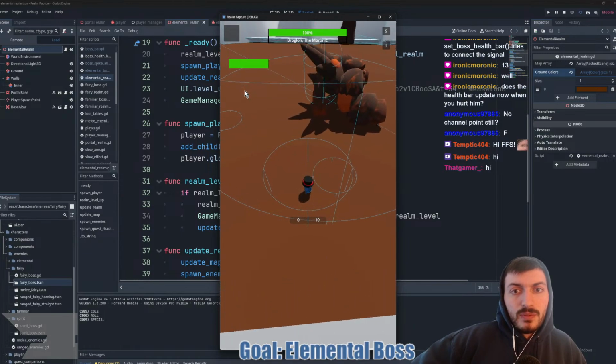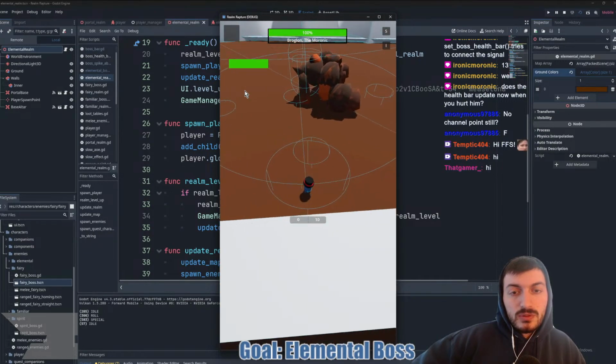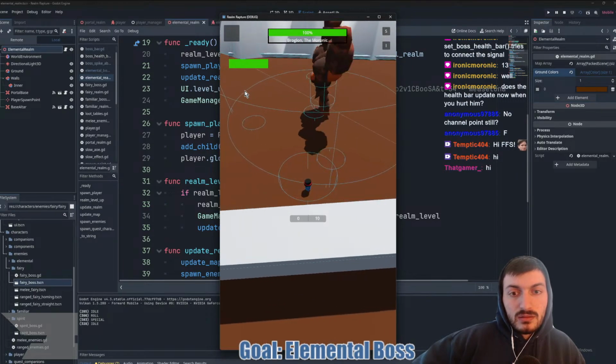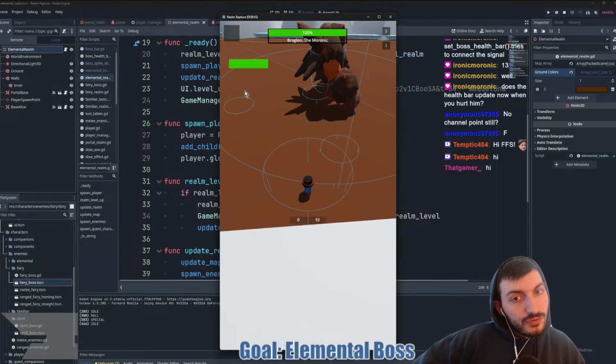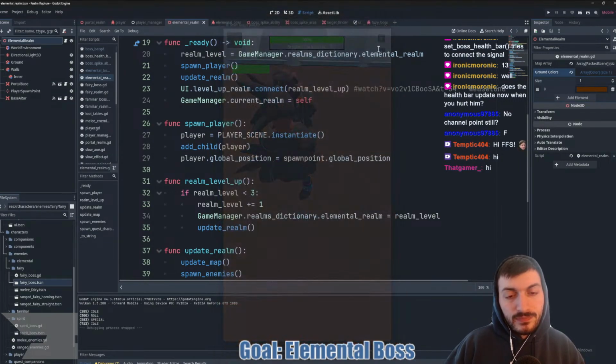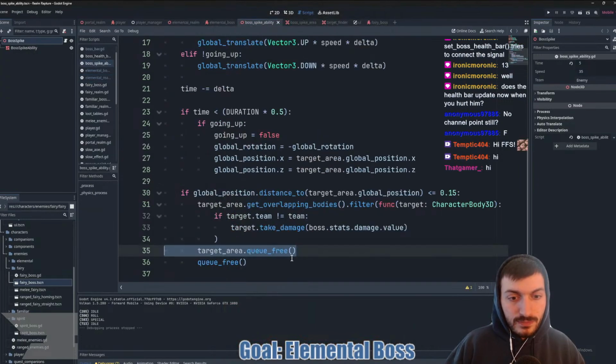All right. Boom, boom, boom, boom, boom. Boom, boom, boom, boom. They land. They didn't queue free again. Only the first 2 did, or 1 did. First 1 queue freed.